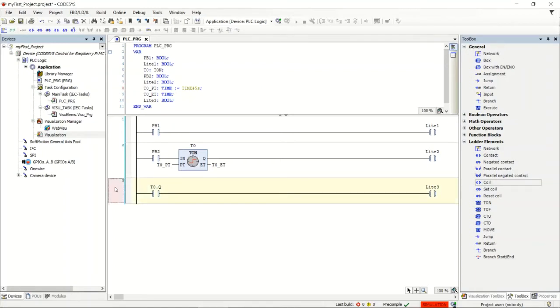Okay, the other thing is the timer timing. I'm going to right click and put another network in. There is no timer timing bit in the structure, but the timer timing bit is nothing more than basically the timer is running, but it hasn't been finished yet. So what we can do is manufacture that. So it is PB2. If we take PB2, when the timer's actually been told to run, which is PB2, but it's not done,